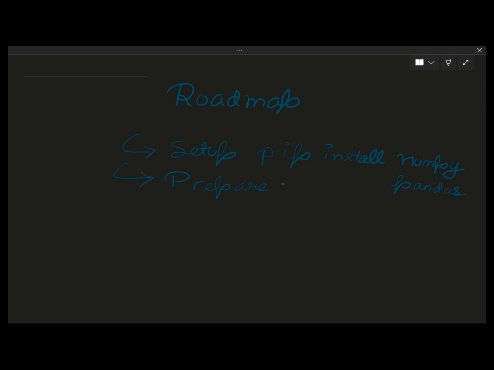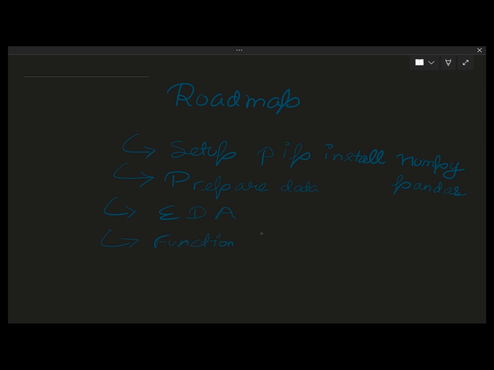For preparing the data, you can directly import from the libraries. There are various datasets. You can import them directly from scikit-learn, or you can use pd.read_csv, or you can read the files by downloading them in a local environment. After preparing the data, we will do EDA, exploratory data analysis, so that we can understand our data before we apply those models. After that, the main part, which is the implementation part, we will